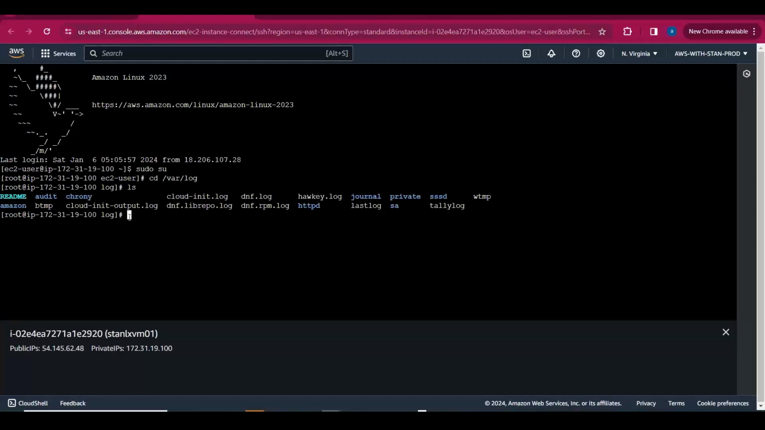Okay, let's do one thing. What are the files available? Log, say httpd is there, right? So what is the log file? Access log. So if you want to monitor,